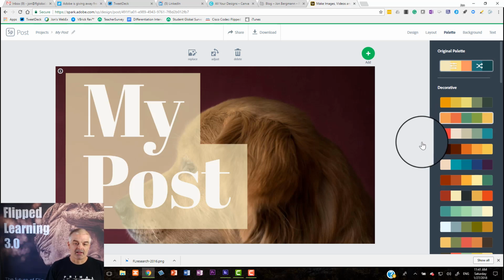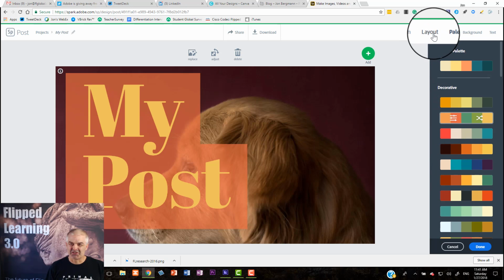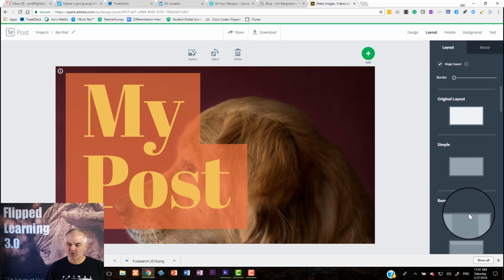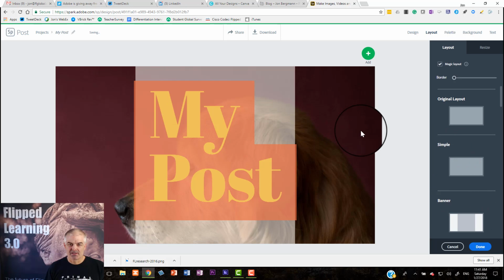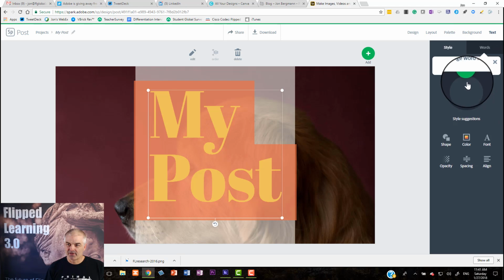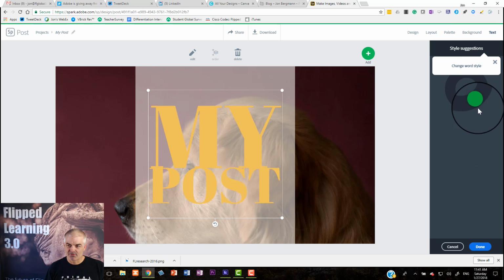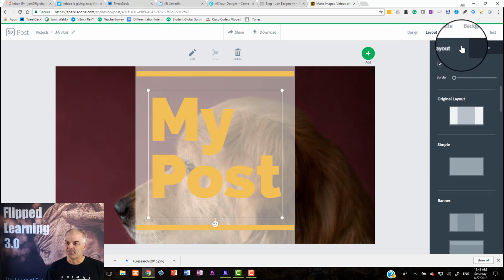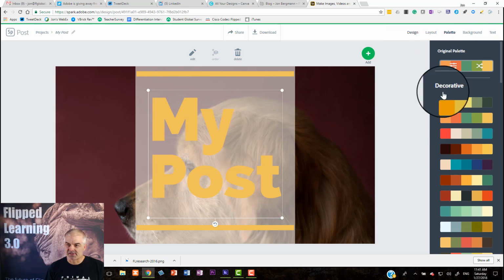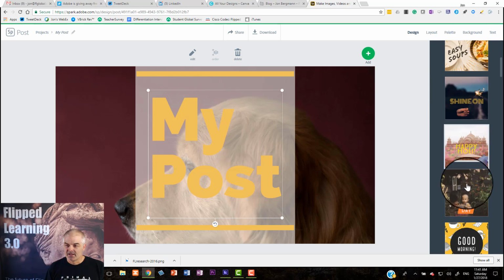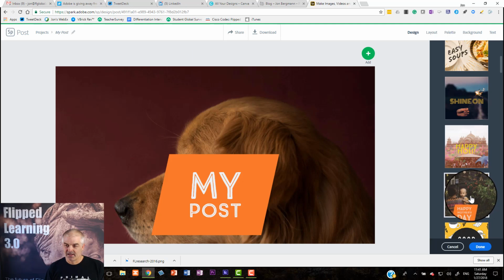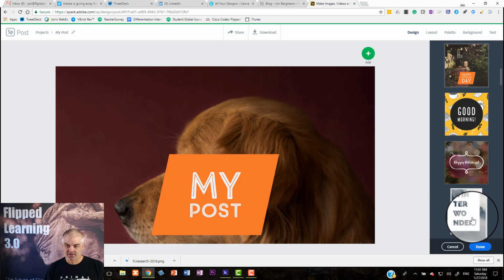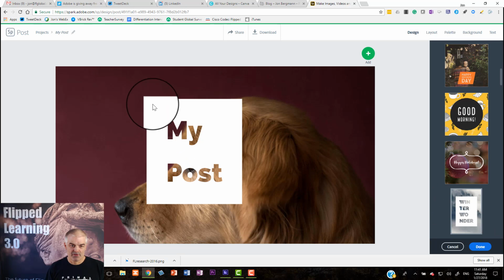You can change the palette. People who are like arts people will really know so much more about this. You can change the type of way it's done, the text. I love this little wheel thing. It just gives me different options for the type of posts. They even have some backgrounds and some palettes and some design. So if you switch to design, you get the different designs. There you go. You can move this around,